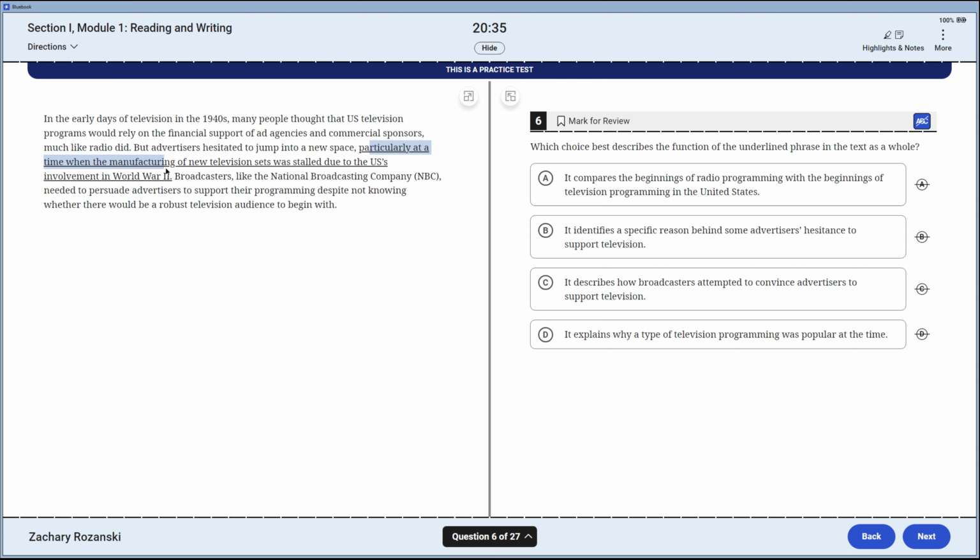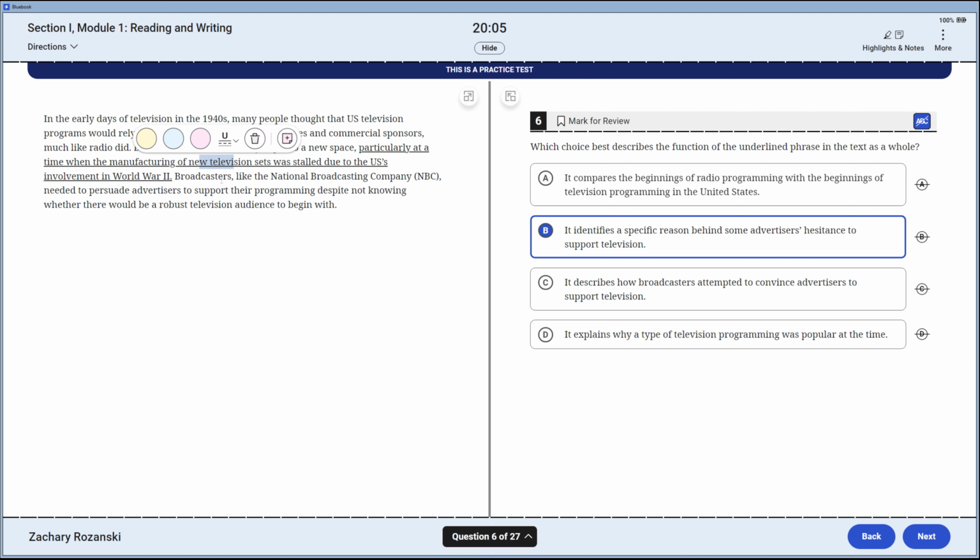of new television sets was stalled due to the U.S.'s involvement in WW2. It compares the beginnings of radio programs with the beginnings of television programs. I do not see any language in here that would imply that, but I do have a notion of when, so that's kind of okay. It identifies a specific reason for some advertisers' hesitance to support television. I absolutely love this. I could see the stall due to the involvement being satisfactory of that,